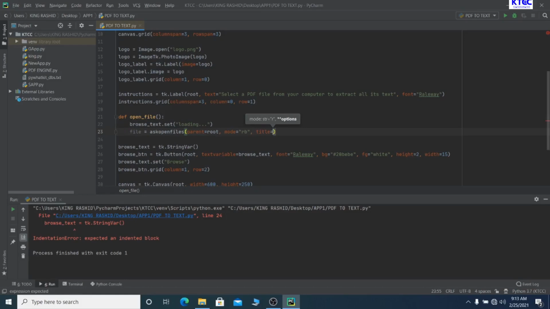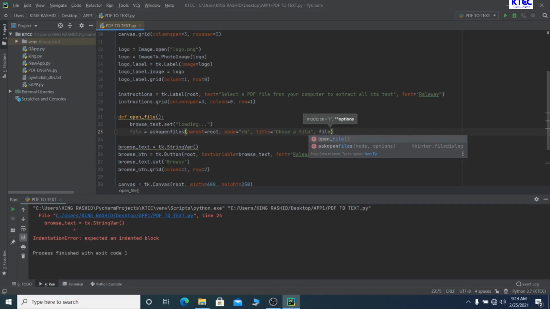Choose a file, something like that. Choose a file and comma. Then the next thing is file type. What file type are we going to choose? That is a PDF file, right? Not any other file. So file